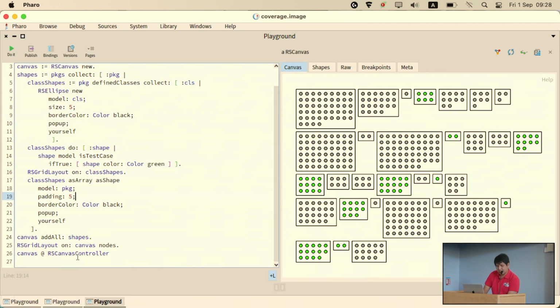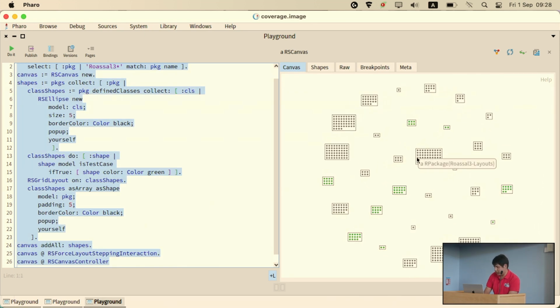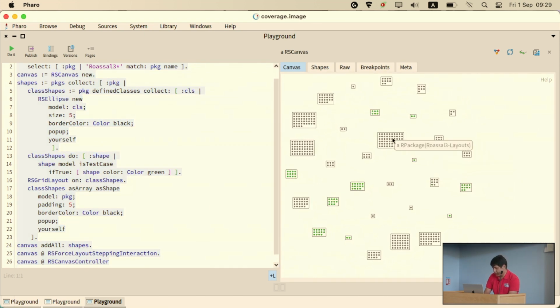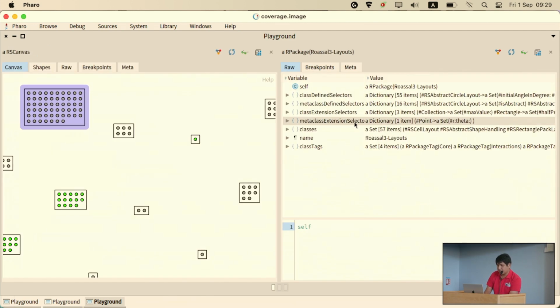But I don't like this layout, so I can use another layout. So canvas, I want some animation, so I'm going to use force stepping interaction. This puts some animation in the nodes. Yes. Now you can see we have this thing, and because we have the model, we can talk with the